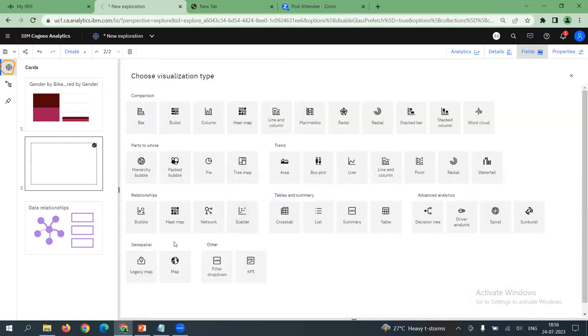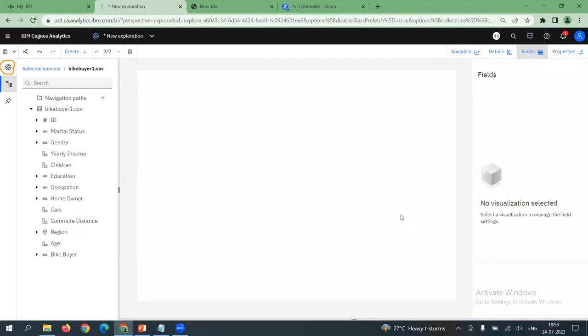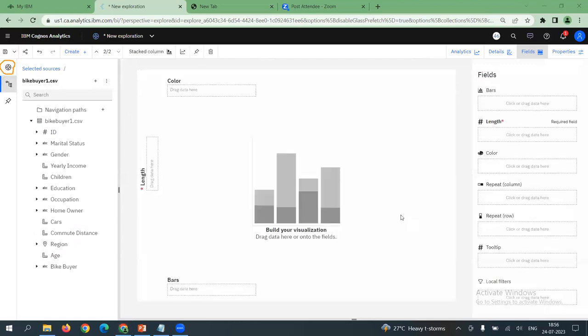So create a single card visualization, choose a new type here. You can again take a stacked column or stacked bar. Again, I'll go with a stacked column initially, because most of the insights come from this stacked column or bar today, because we are measuring the relationship between 2 categorical variables. That's most important. Why I'm choosing stacked column again, some of you might rethink, because the preliminary requirement is to find the relationship between 2 categorical variables. Now I have a stacked column.